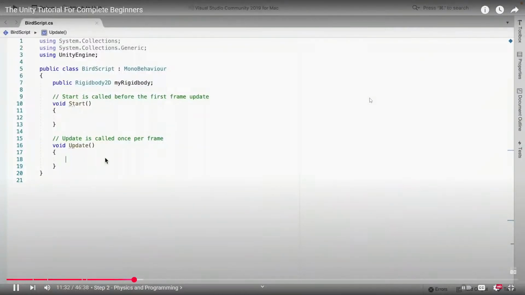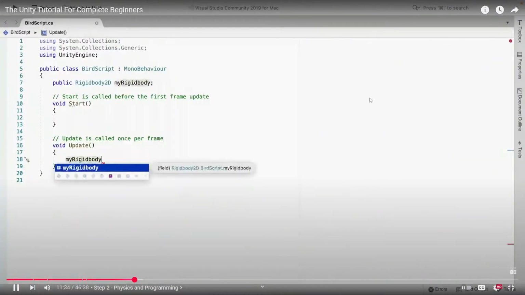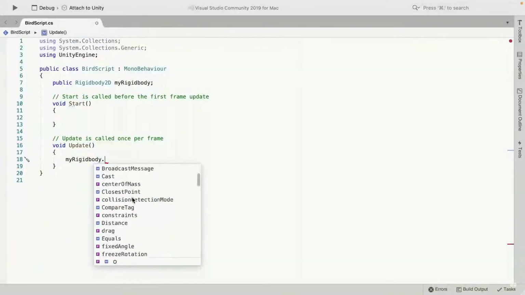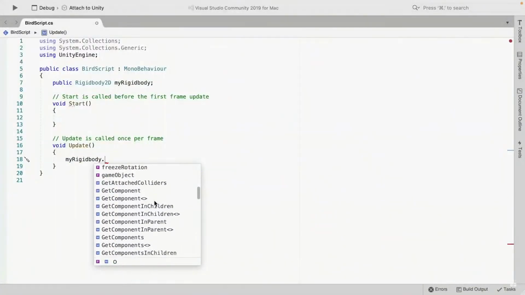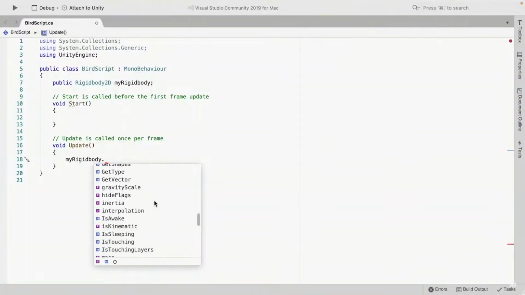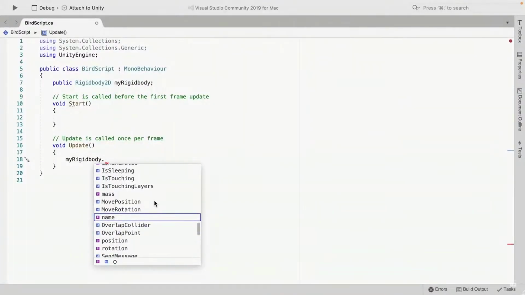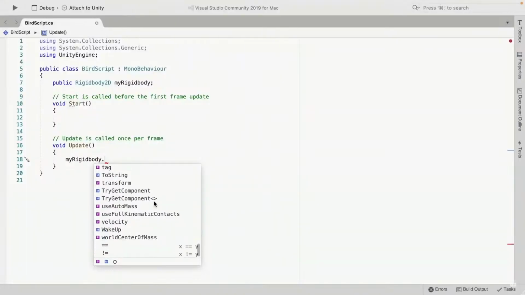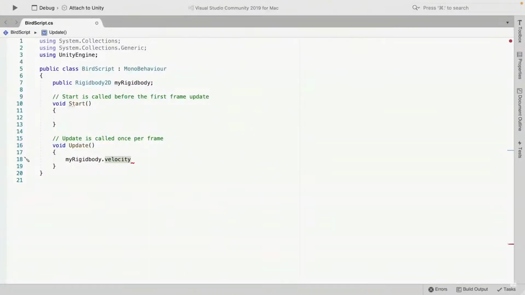Studio. In update, we can type myRigidBody, then dot. And now look at all the things we can talk about. Angular drag, gravity scale, mass, these are all properties on the component. The one we want is velocity. We want to set this to a new number,